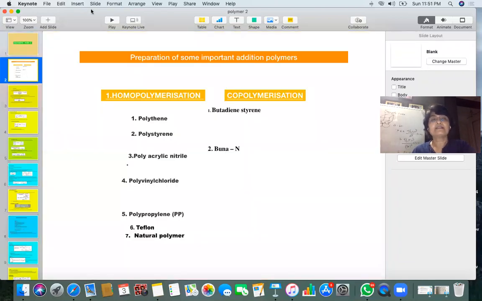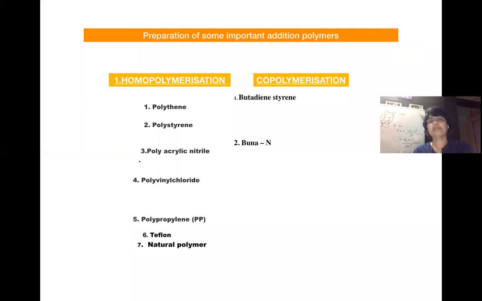In this part, we'll find preparations of some important addition polymers. What are those polymers which you need to study here? 7 plus 2, that is 9, where addition reactions take place. In addition, we had said the pi bond breaks and monomers keep combining with the formation of free radical. Free radical part is in our syllabus here. So you can see we have 7 this way, and 2 others.